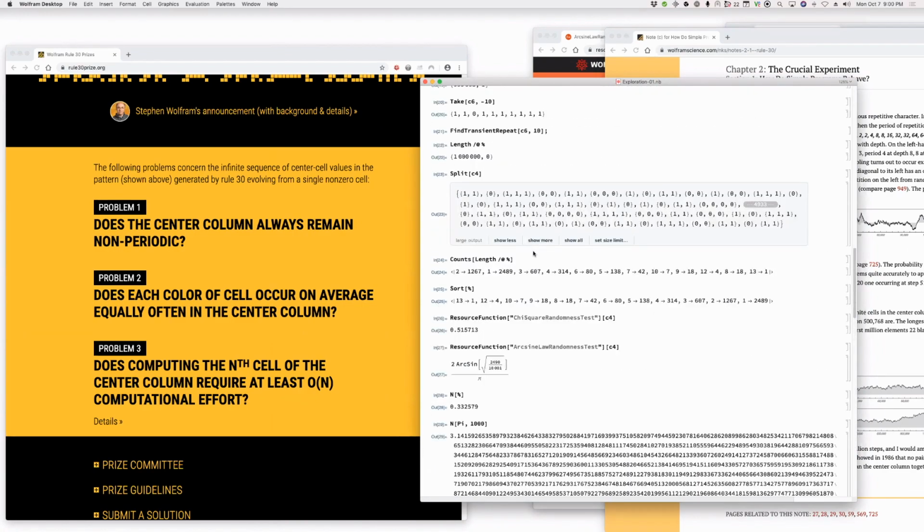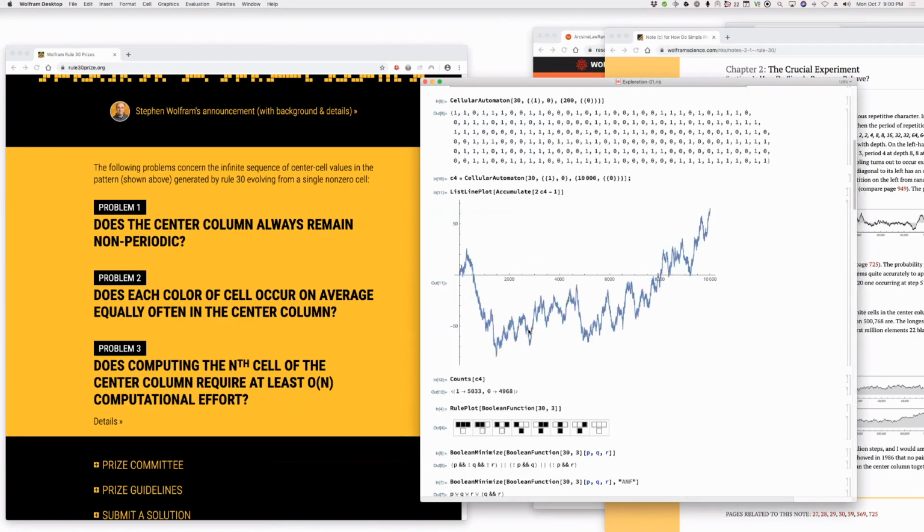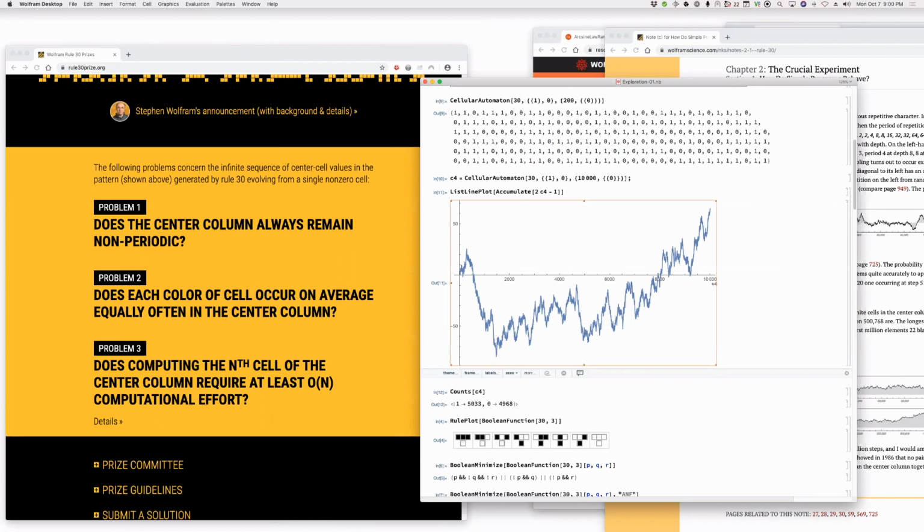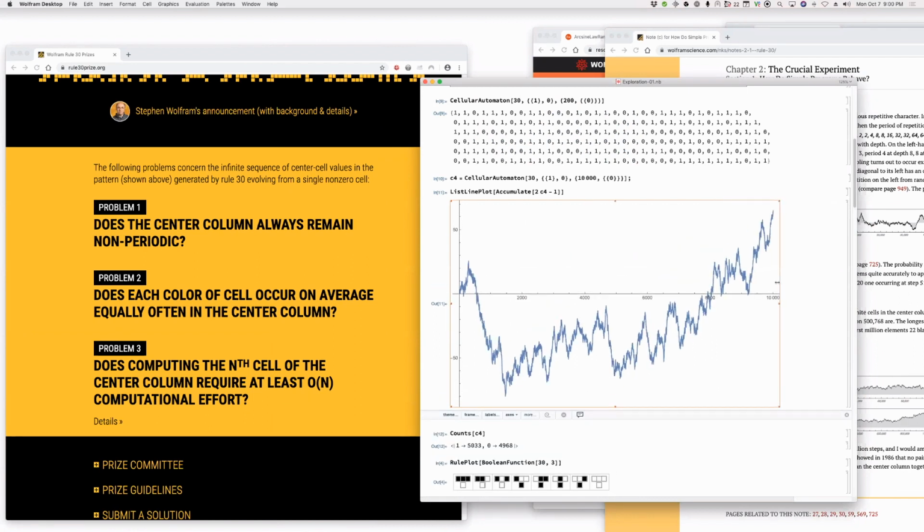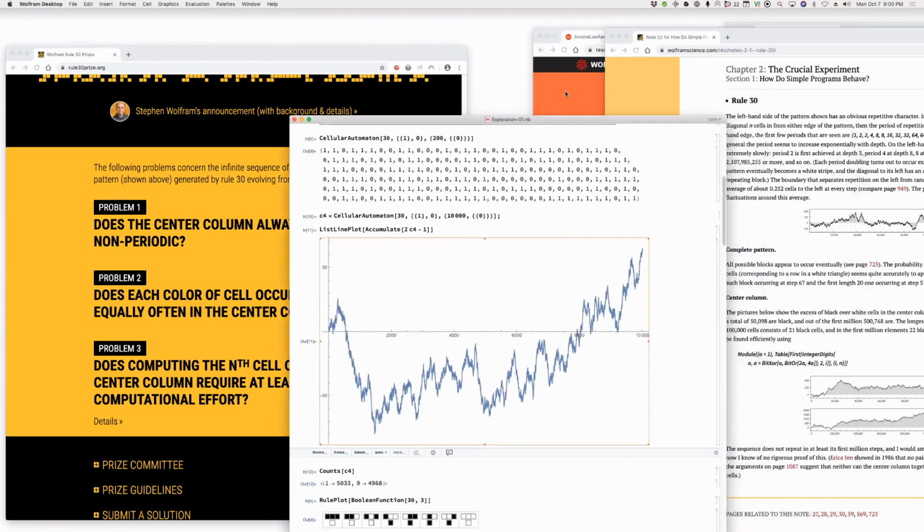In the case of Rule 30, that's what we get. It looks much more like a random walk. And from what we can tell, it really is basically a random walk. And if we look, for example, at the